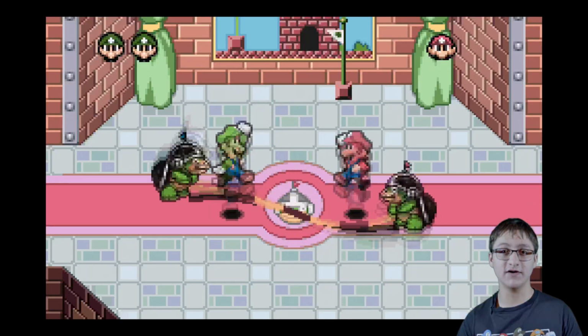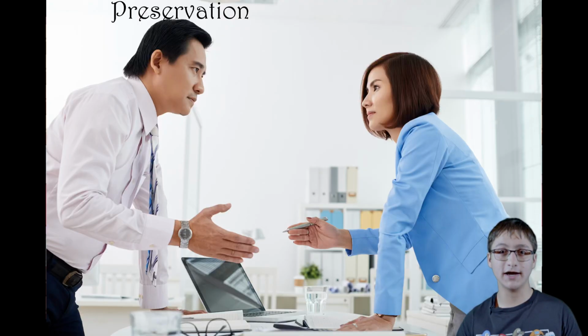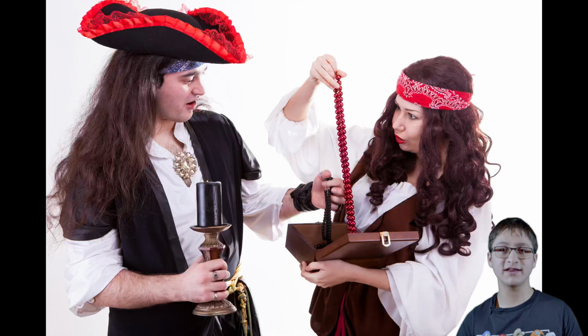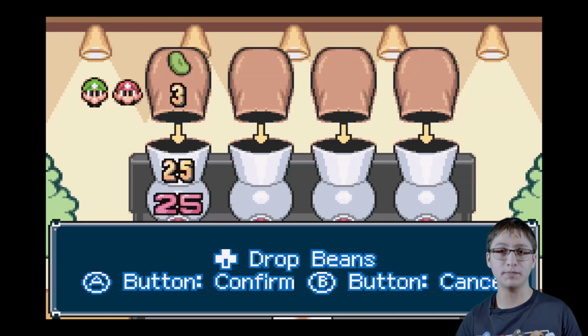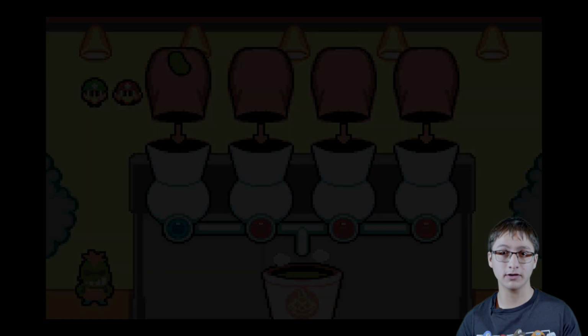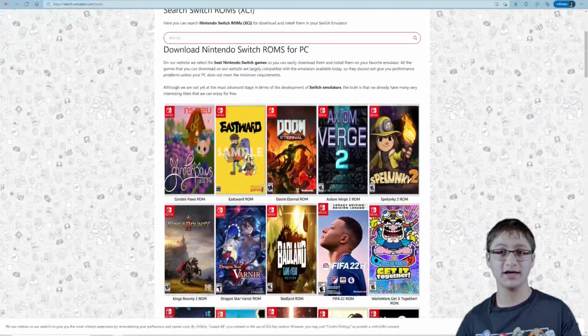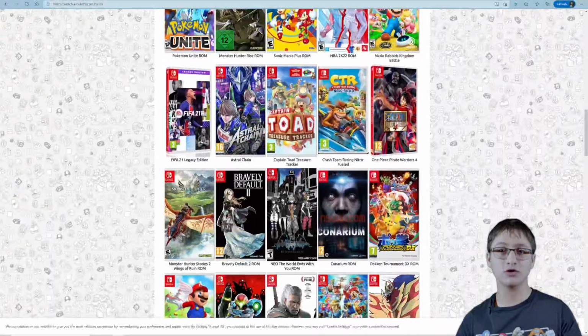Another potential downside of emulators is the legality of the situation. You see, while one side argues for preservation, another side argues against this on the grounds of pirating. In this case, playing copies of a game that weren't legally purchased, in essence being stolen. Emulators nowadays tend to pop up whenever a new piece of hardware comes to town. This means that instead of modern games being purchased through legal means and played on actual hardware, they find themselves on sites where the ISO and ROM files are being distributed for free,